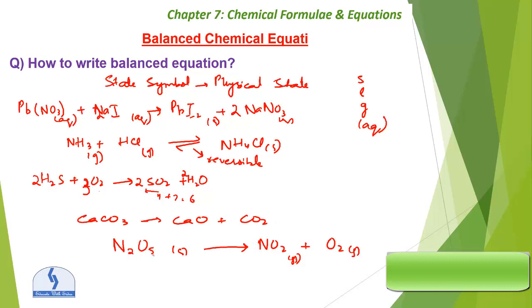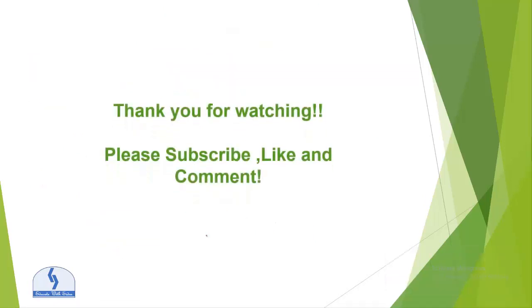First we have to make it even, that is 2 over 5 to put over here. It will increase the amount of nitrogen, 2 to the 4 put over here. That will be 4, the nitrogen is balanced, oxygen will be 8 plus 2, that will be 10. So this is 5 to the 10. There are 10 atoms of oxygen and 4 atoms of nitrogen. This is all balanced.